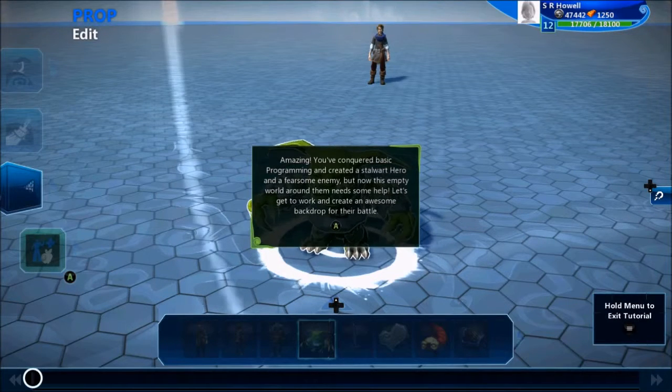But now this empty world around them needs some help. Let's get to work and create an awesome backdrop for their battle. Just one thing to notice here: even though we defeated the goblin and he disappeared, when we go back into edit mode, everything is reset into its original place. So don't worry if you do something wrong when you're playing the game. You can always come back out and create a change or modify your world, and it will reset back in